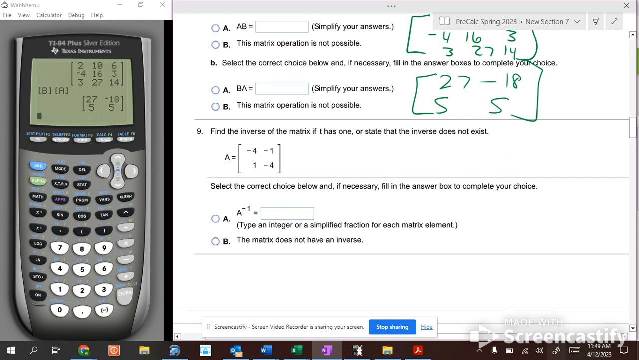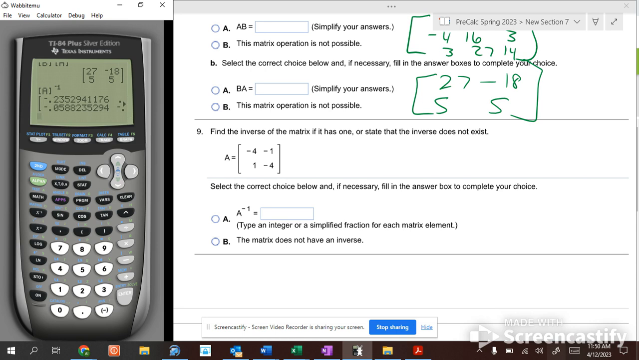The inverse of this matrix, okay, you could do it by hand, or you could take second matrix and make this a second matrix, edit this into a 2 by 2 and go negative 4, negative 1, 1, negative 4, second quit, and do the inverse of this matrix, and it'll give you an answer and you